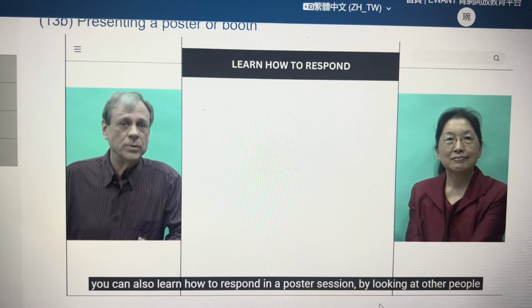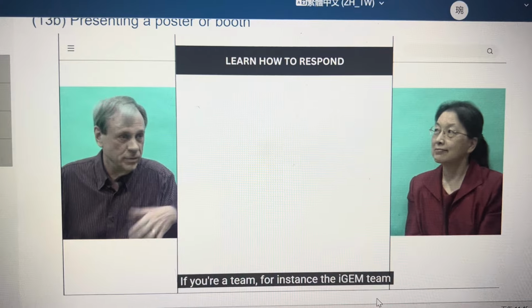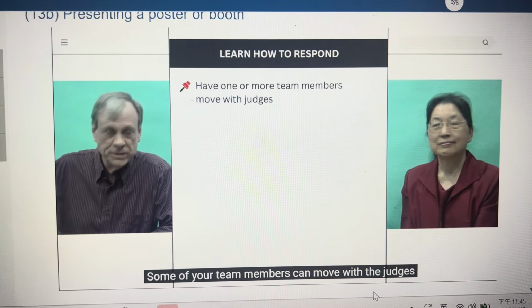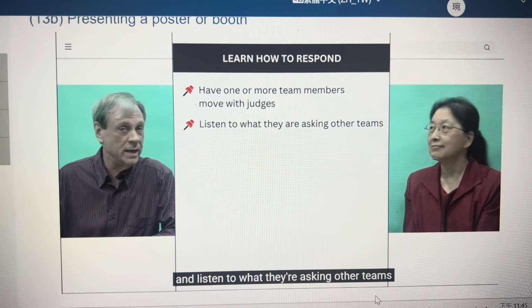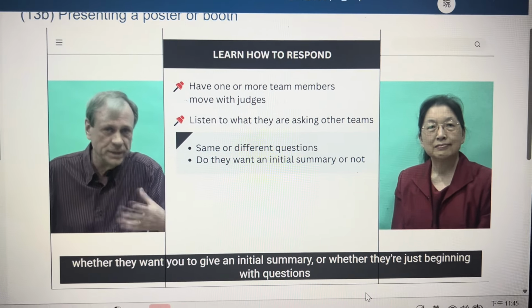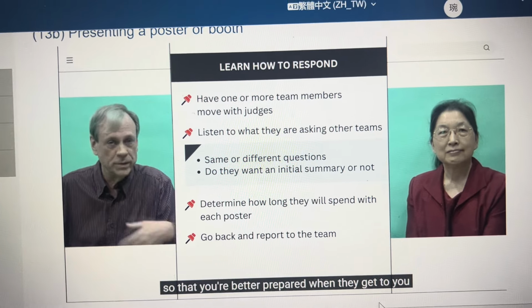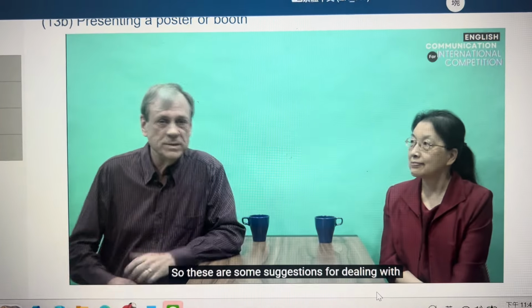So you can also learn how to respond in a poster session by looking at other people, particularly again if there are judges. If you're a team, for instance the iGEM team, some of your team members can move with the judges and listen to what they're asking other teams and see what types of questions, whether they want you to give an initial summary or whether they're just beginning with questions. How much time are they going to spend with each poster? And then you can come back and report to your team so that you're better prepared when they get to you. So these are some suggestions for dealing with